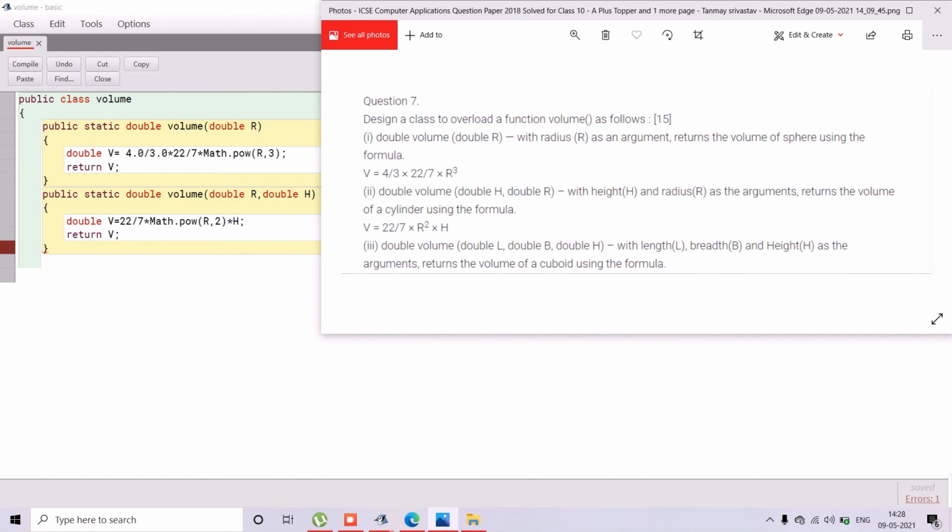Then another will come. So this is the 15 marks question. I have not told anything about the comments. We have to write comments, and comments are very important because in the 15 marks question, about 5 marks are for comments only. I will discuss more about comments. So this is the basics. I have not told about import java.util or using any other functions. It is a very simple program and it was asked in the 2018 ICSE questions. So you can do it if you remember all the concepts.